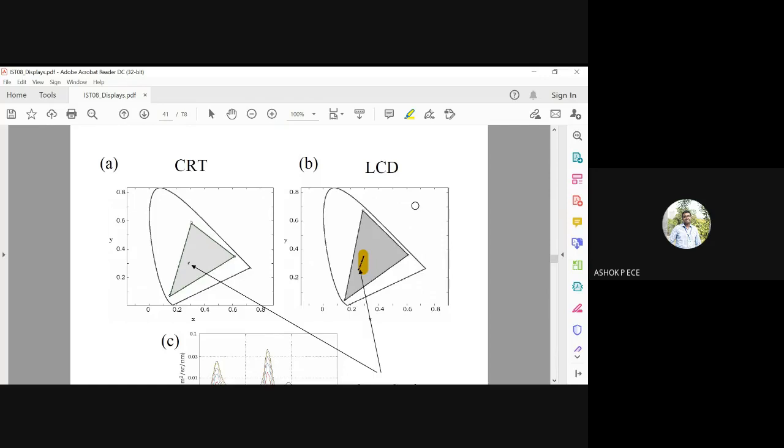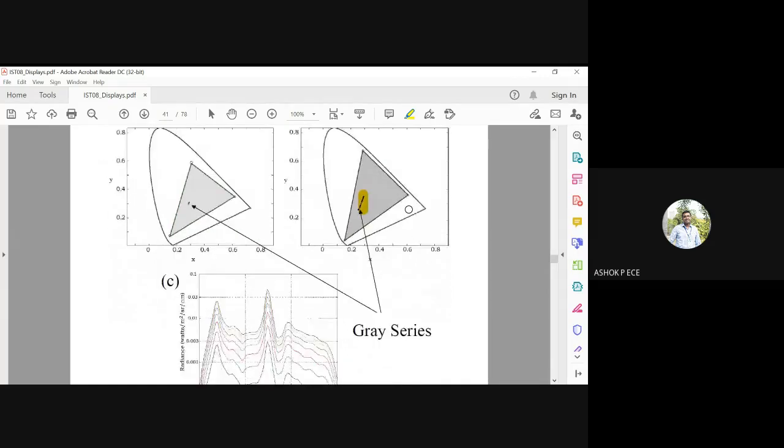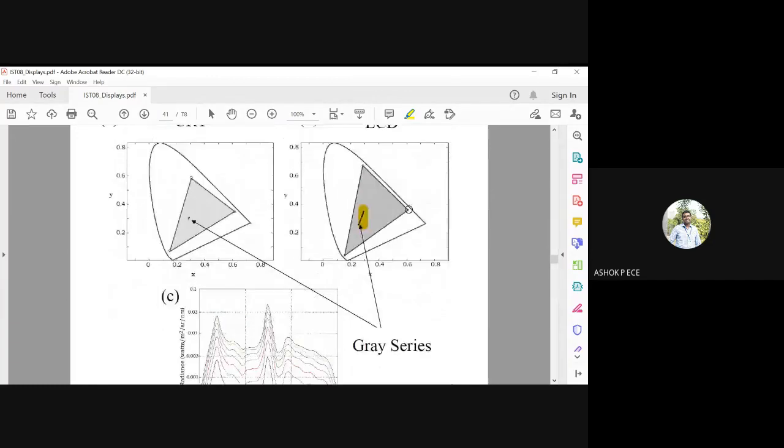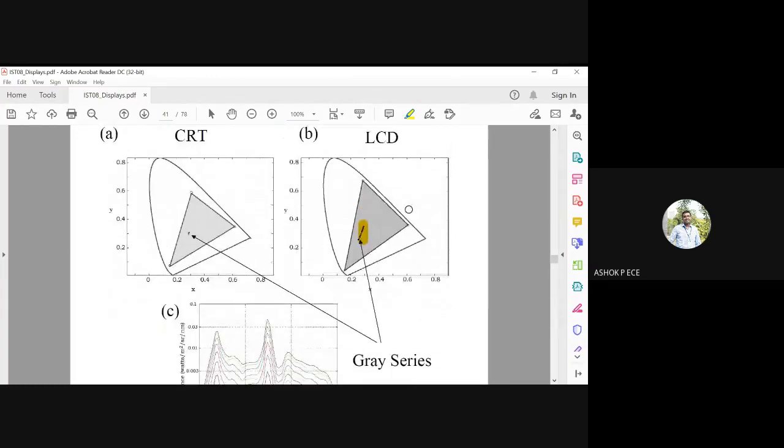If they are not properly tuned to the working of the LCD, you have issues where an element has to glow but it will not glow, and where the element is not supposed to glow, it will be glowing. So wrong glowing of the pixels is possible